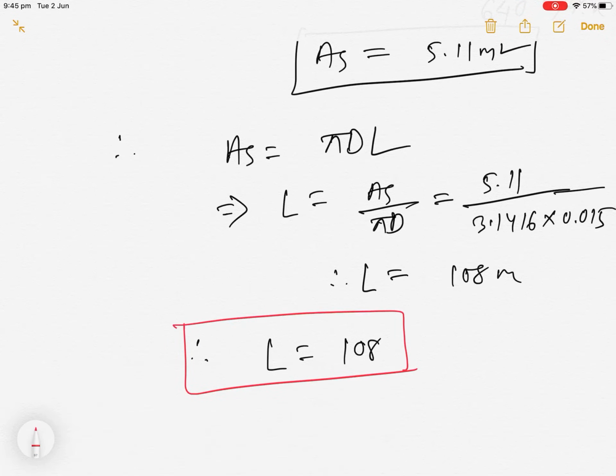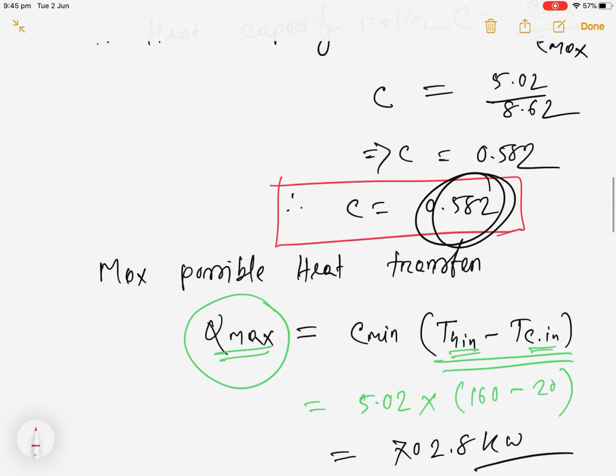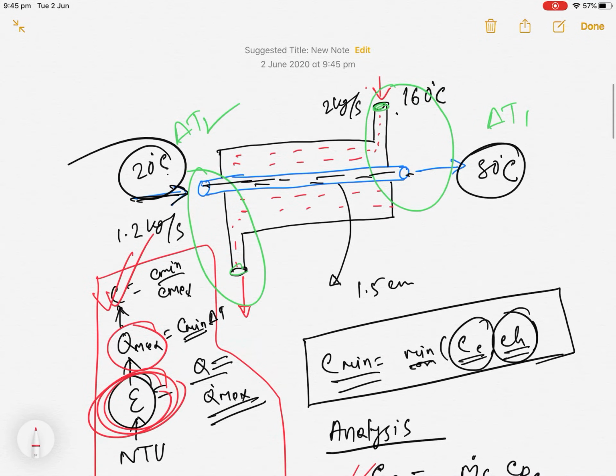Previously, when we solved the other problem by using the log mean temperature difference, I can remember maybe it was 109, and in this case you see we got 108. So that's very close. That's actually what we did, and I believe that when you prepare your heat exchanger report, you need to use some similar formula to calculate the surface area or the heat